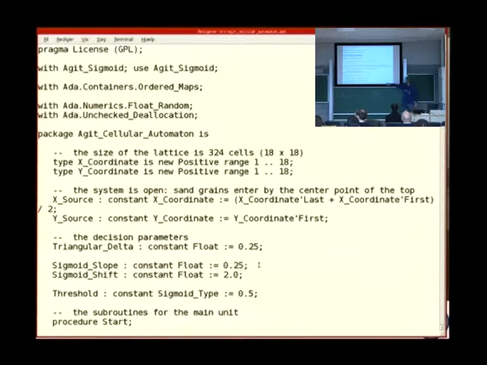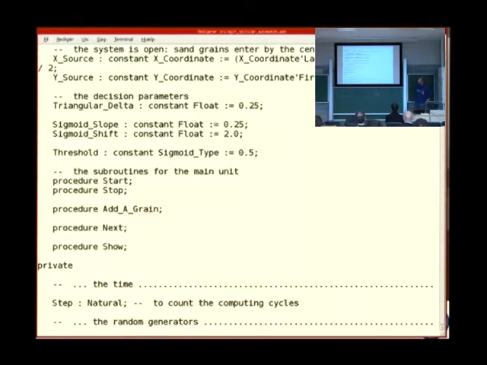That's part here. And then we have the actual operations: starting and stopping, adding a grain, going to the next step in the iteration, and showing the current state. But without any pre and post conditions.